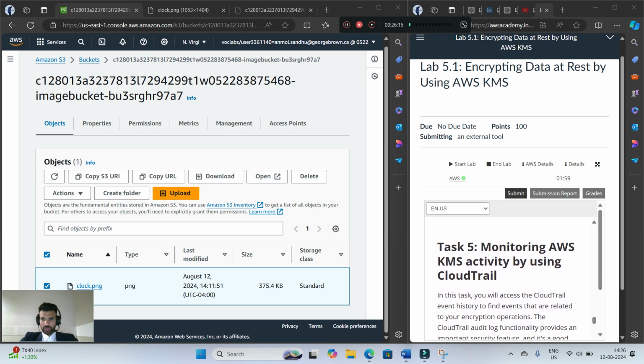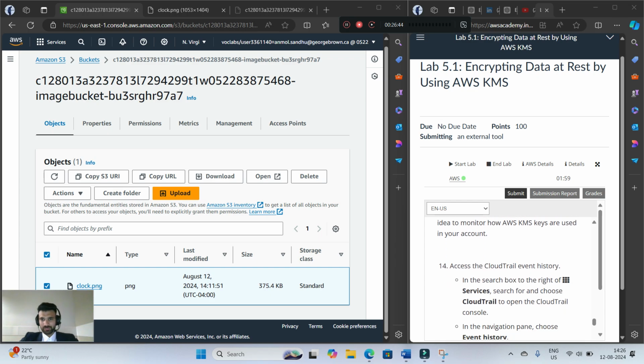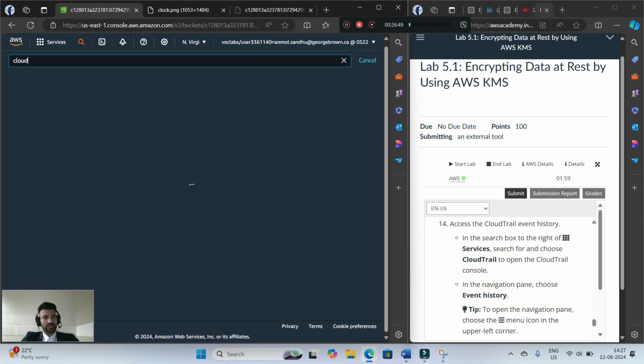Task 5 is monitoring AWS KMS activity by using CloudTrail. In this task, you will access the CloudTrail event history to find events that are related to your encryption operations. The CloudTrail audit log functionality provides an important security feature, and it is a good idea to monitor how AWS KMS keys are used in your account. So let's go to CloudTrail